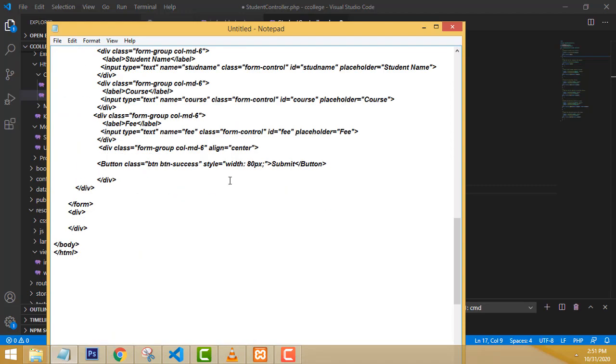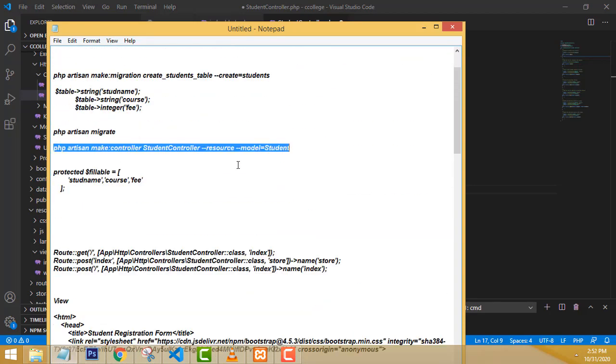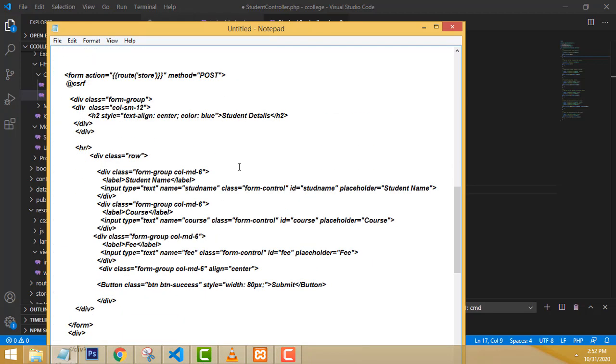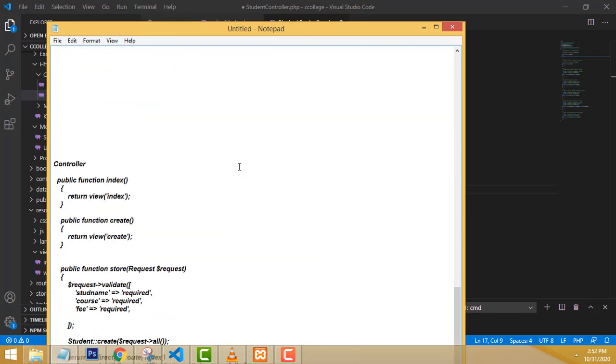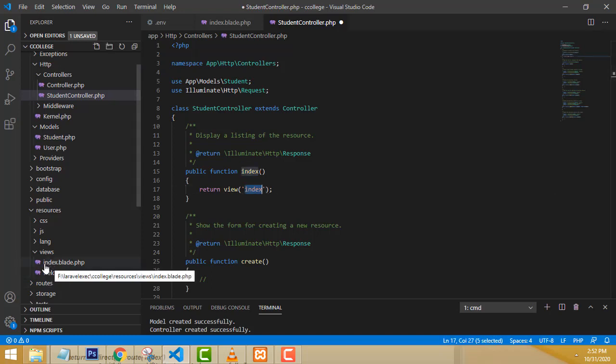Copy with Control C and paste with Control V here. You have to write return view index, meaning we return the index view. Whatever name you gave your index page, put the same name here.